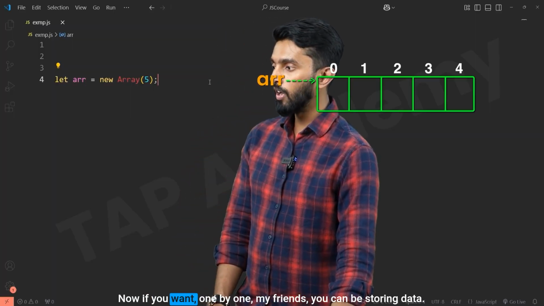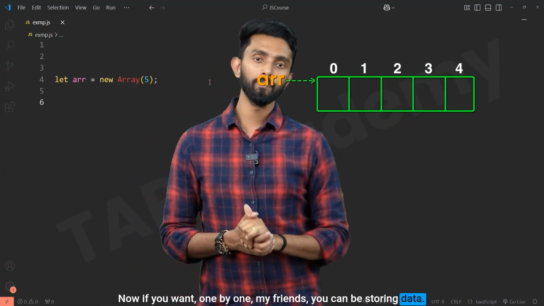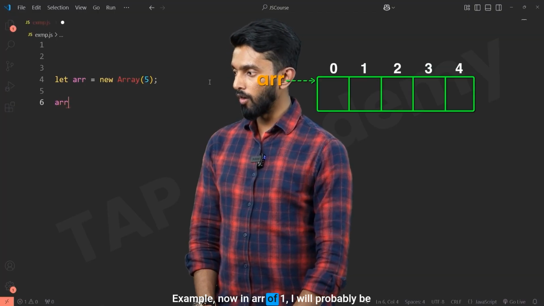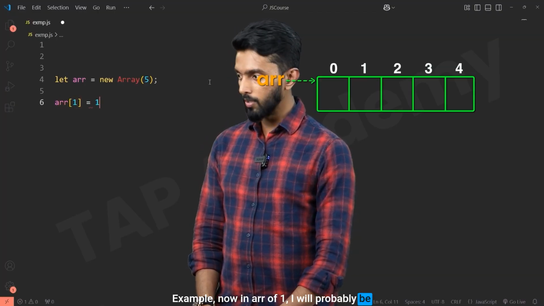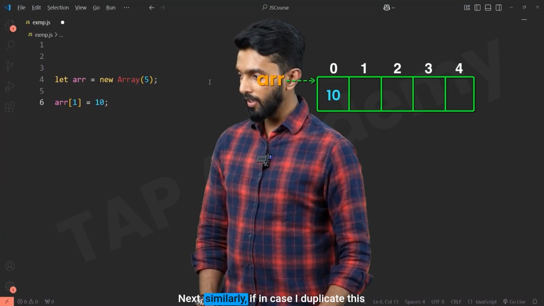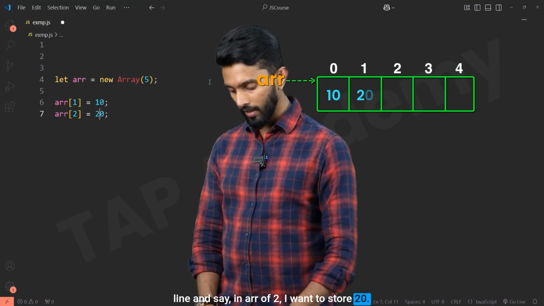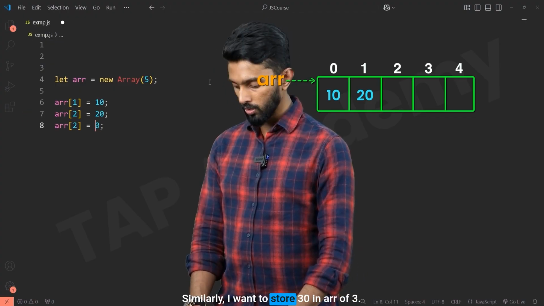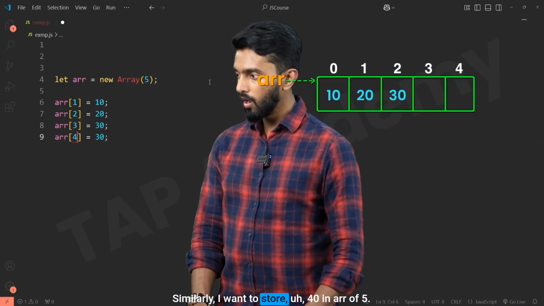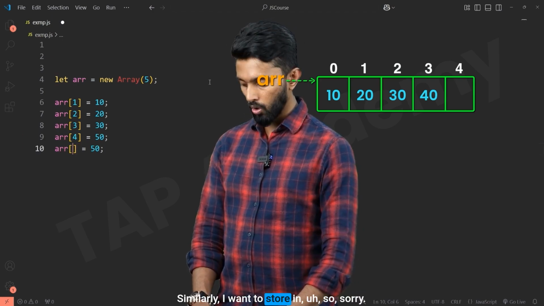Now if you want, one by one, my friends, you can be storing data. Example, now in ARR of 1, I will probably be storing 10, in which case 10 gets stored. Next, similarly, if I duplicate this line and say in ARR of 2, I want to store 20. Similarly, I want to store 30 in ARR of 3. Similarly, I want to store 40 in ARR of 5. Similarly, I want to store in,